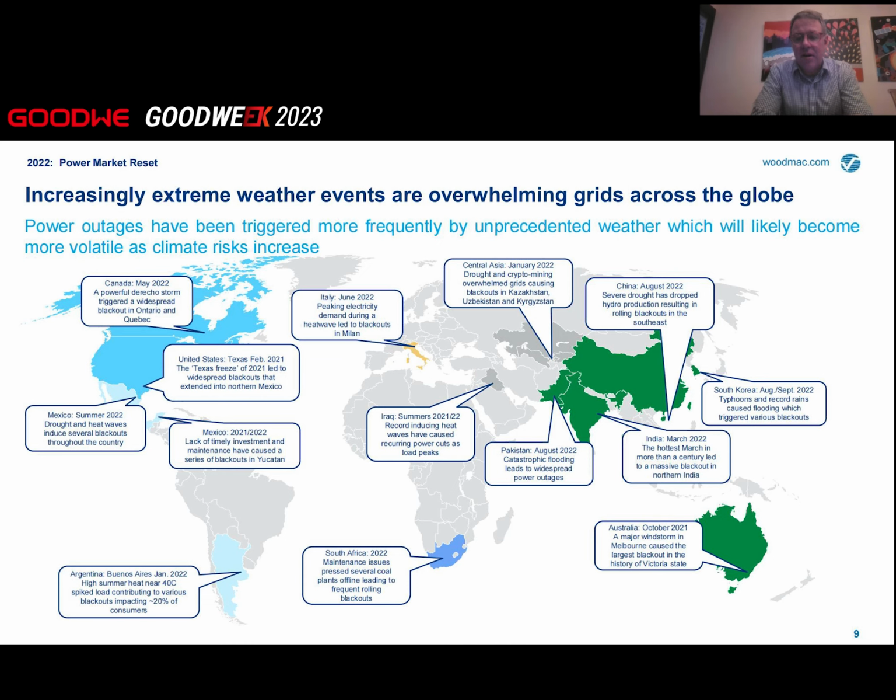And this resiliency challenge for the grid is not happening because we are introducing variable renewables into the system at this point. This is really the resiliency of the grid as it relates to dealing with severe weather. And so this is another one of the macro factors that is driving our outlook for storage and is a driver today of why you are seeing residential customers want to have storage installed when they're putting